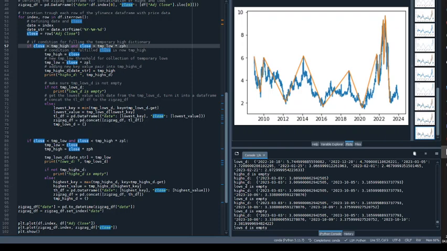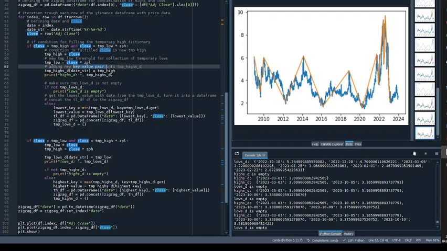So the value now is the temporary high, and the temporary low gets redefined to close times 0.6 in this case,